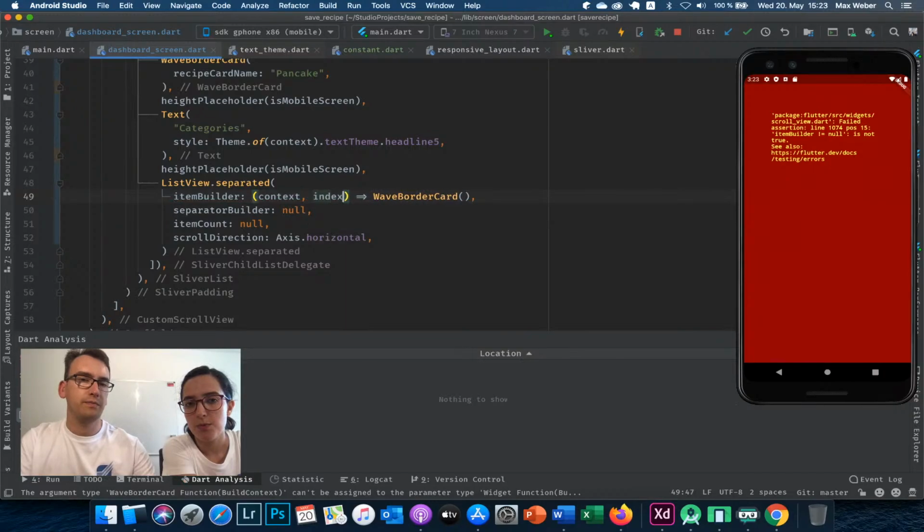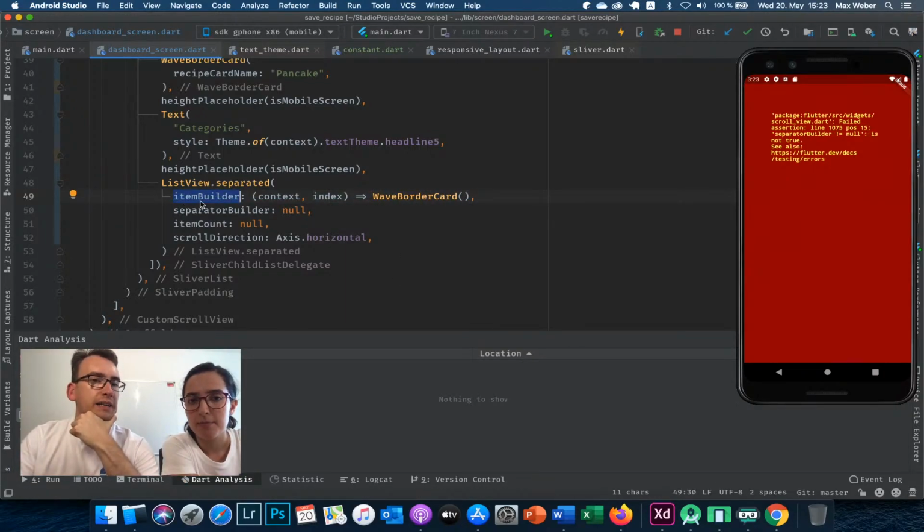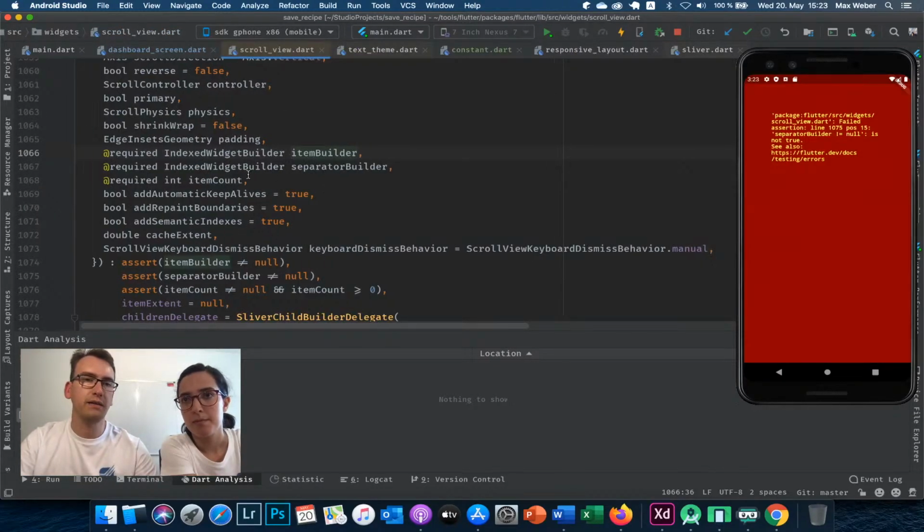Okay, and why is it still red? Because of the index? Correct, because the item builder, if we take a look, is of course a builder, so that's why we get a context returned, but it also has that item in front, so there needs to be more, right? In that case, we get every item that we will create later, and for each we will get the index. So if we jump inside,